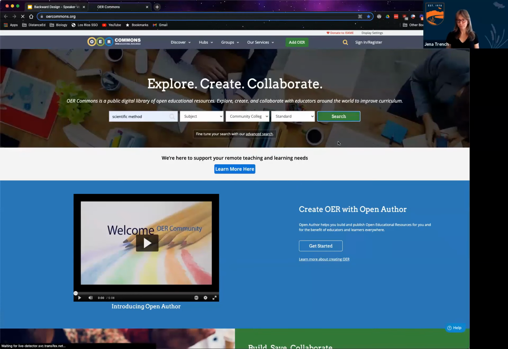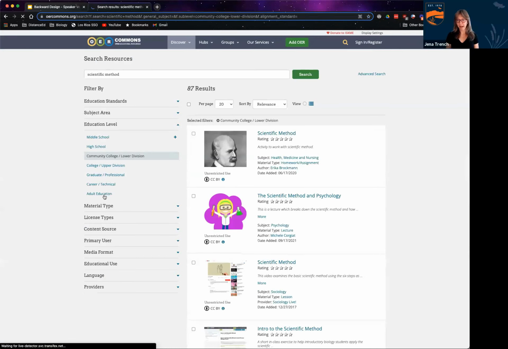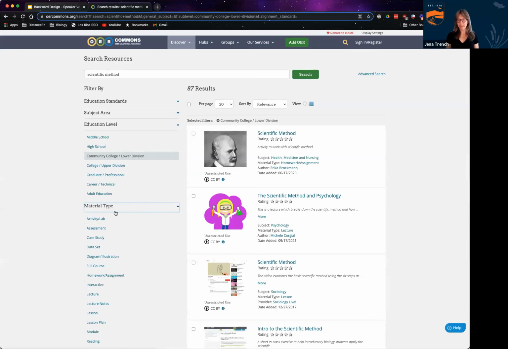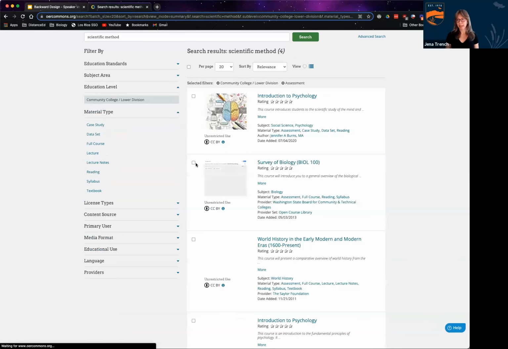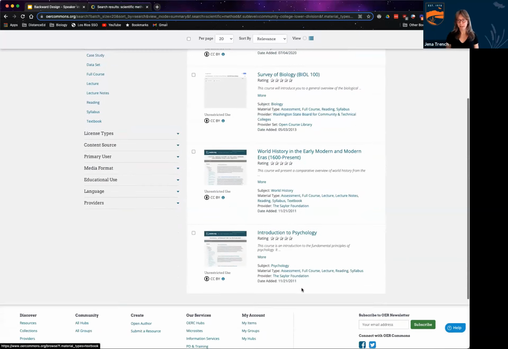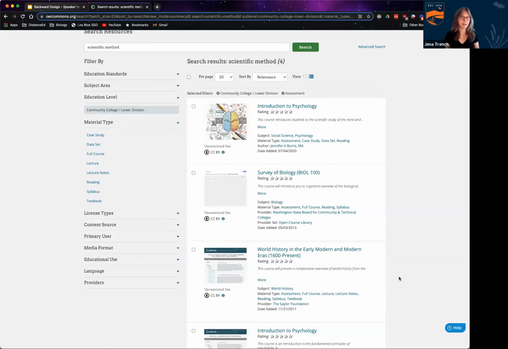I can do a search, and then I can filter based on material type. And so I can go in here and look up assessments and locate some sample assessments that I may not necessarily want to use immediately, but they could be useful to inspire my own work in